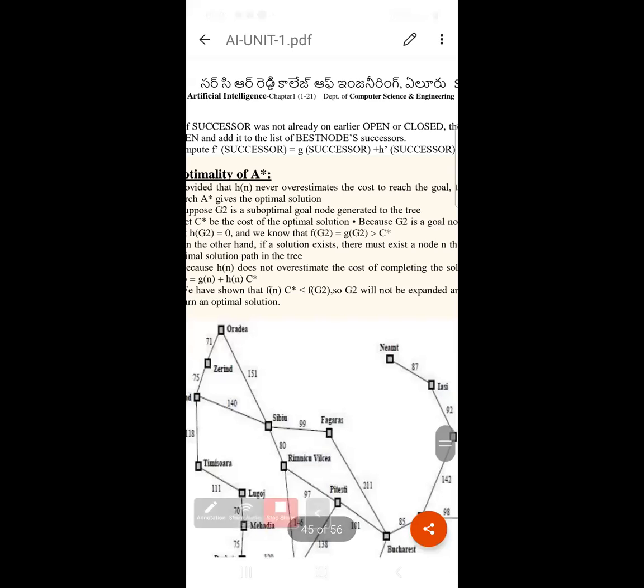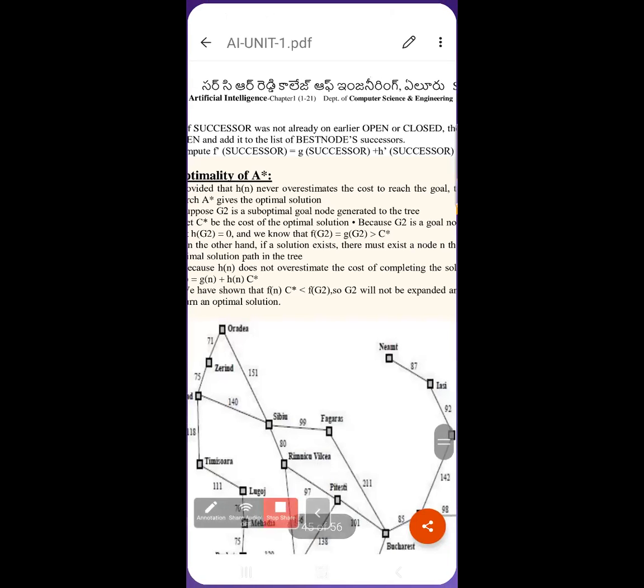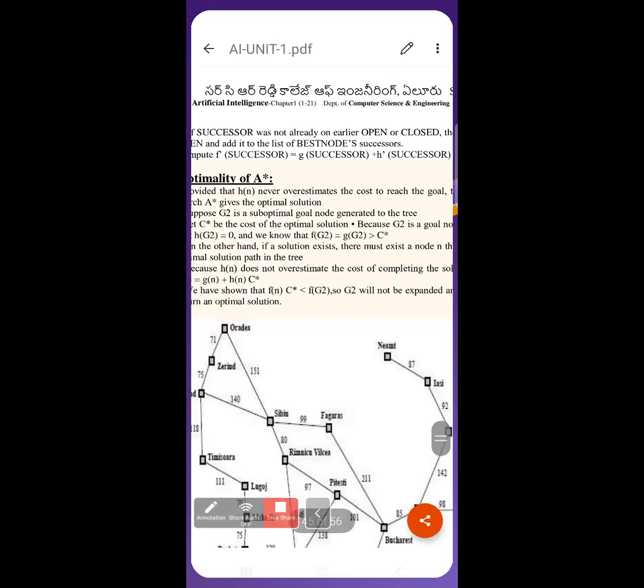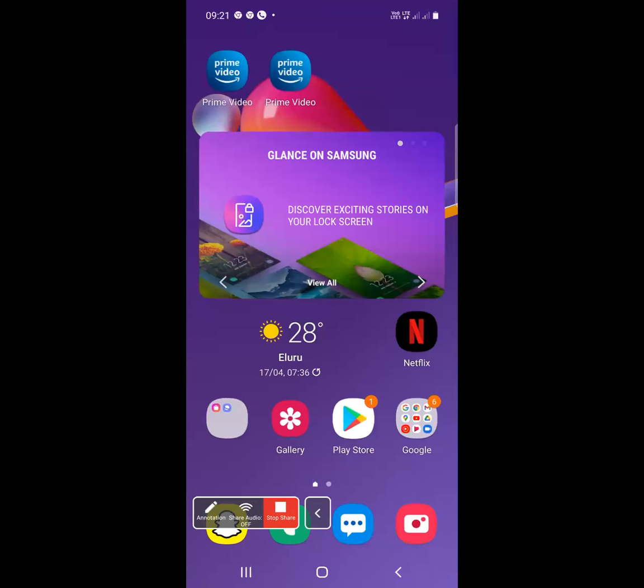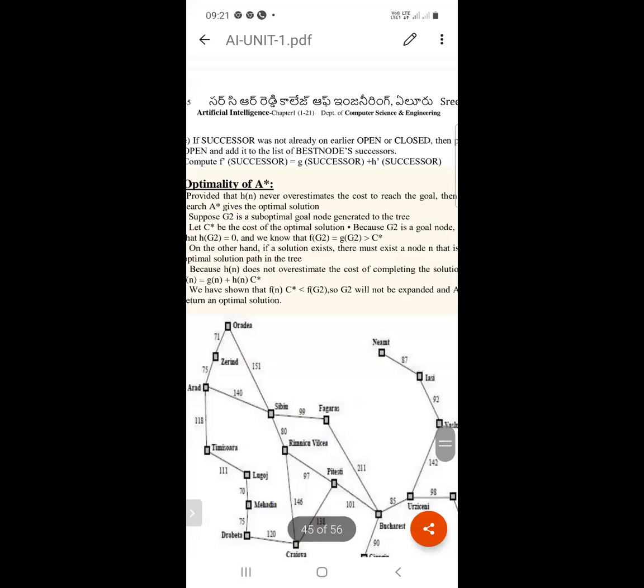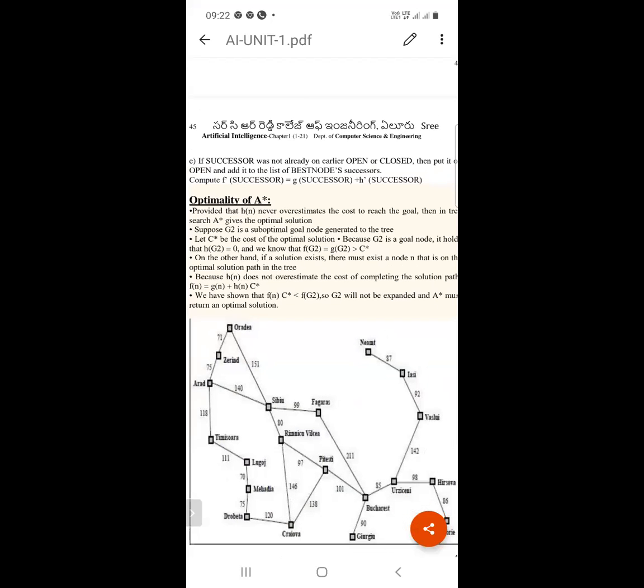This is the optimality of A star. Optimal here, provided that H of n never overestimates the cost to reach the goal.